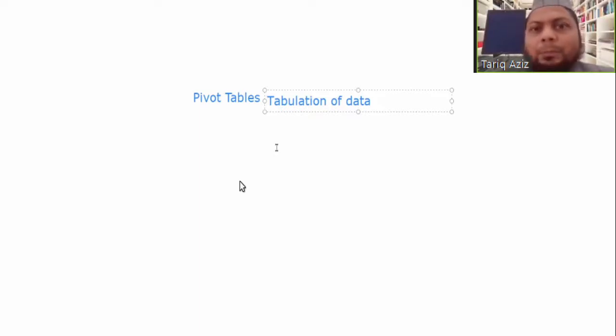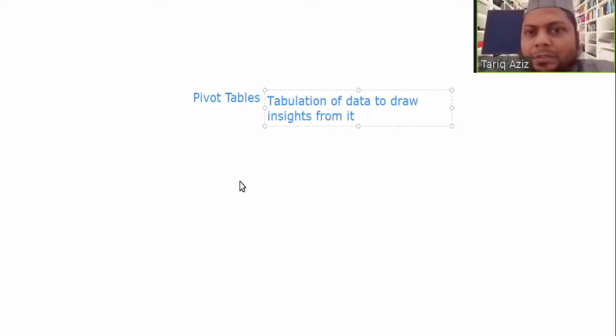So in short, pivot tables are used for tabulation of data to draw insights from it. Sir, what's the meaning of pivot? Pivot is a point through which we can change the direction.